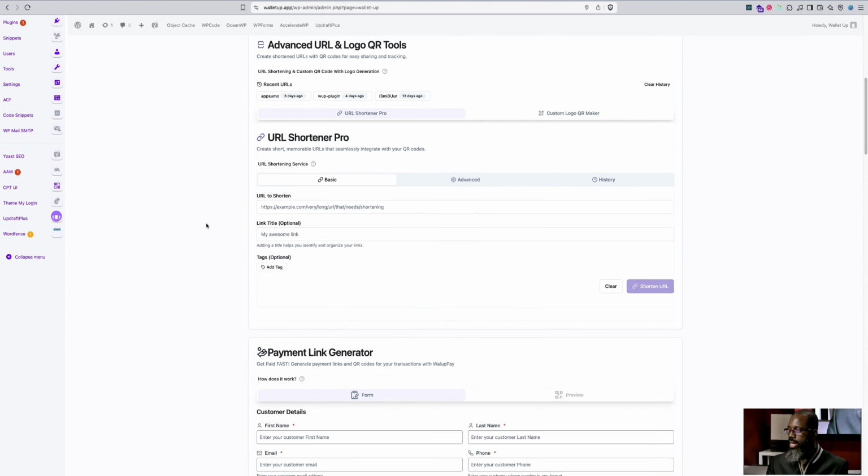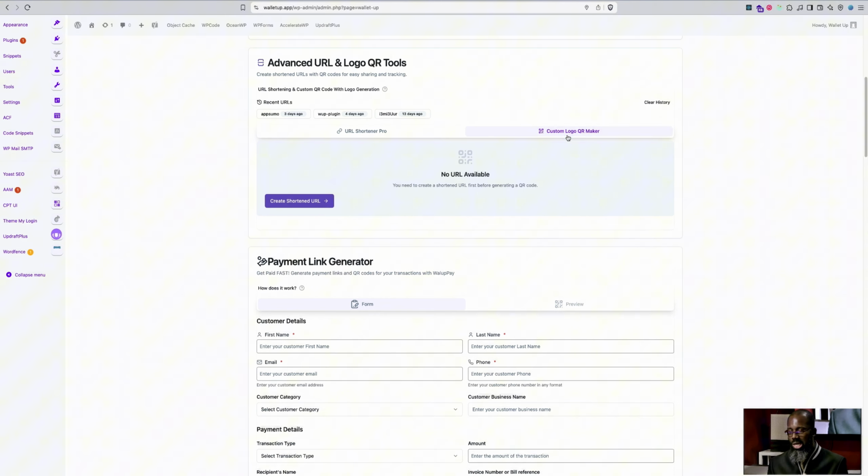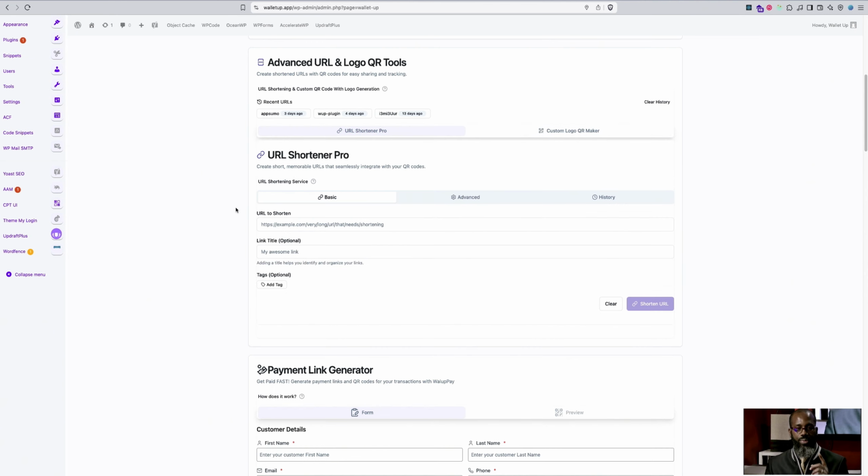So right here, what you have is the advanced URL and logo QR tools, which is a great tool that you also want to have. When it comes to digital contact or engagement or branding and all that, you want to make sure that your QR code really represents your company or your business or your firm or your church or organization. So it is a great thing to have, first and foremost, a particular